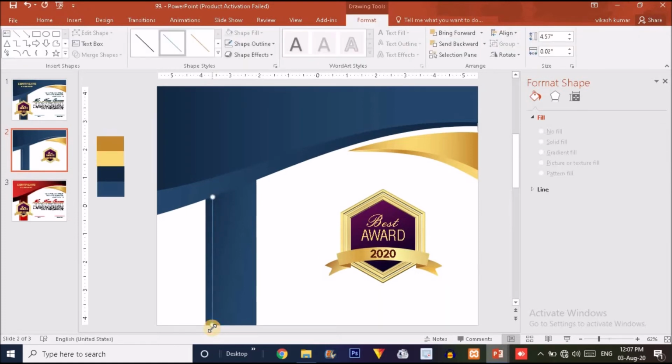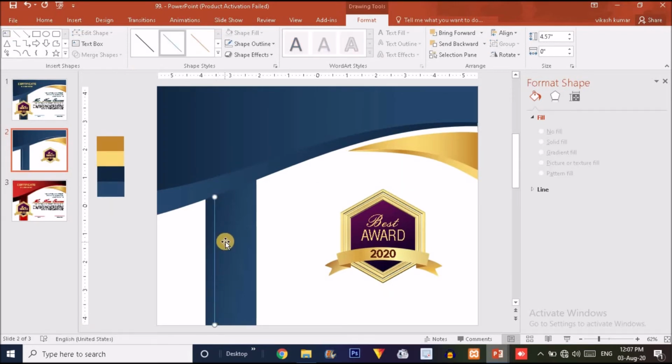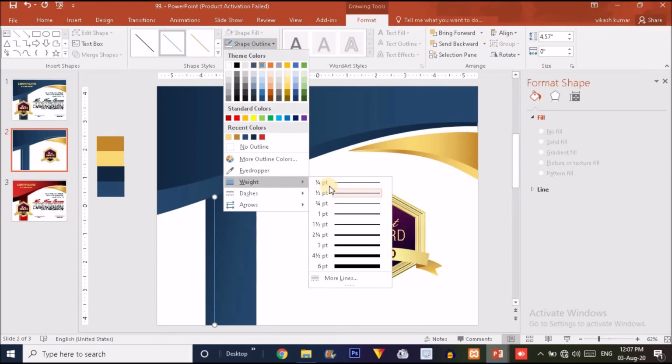Before dragging a line, you have to press shift so that you can drag a straight line. So this is the line we have, and now we are going to make it wider by clicking on the shape outline option, and here you will find the weight option.